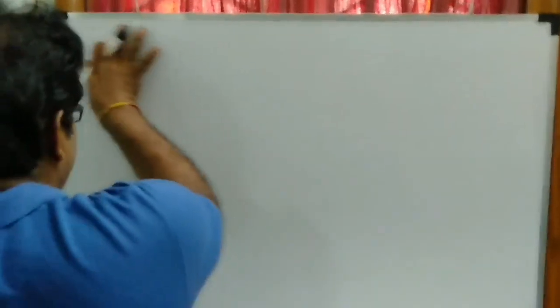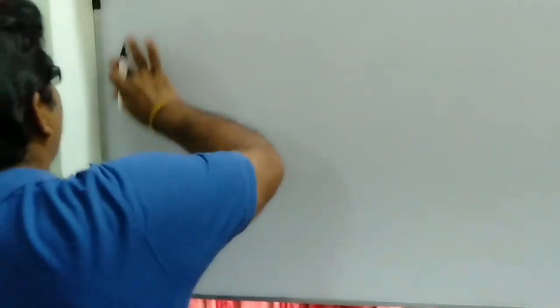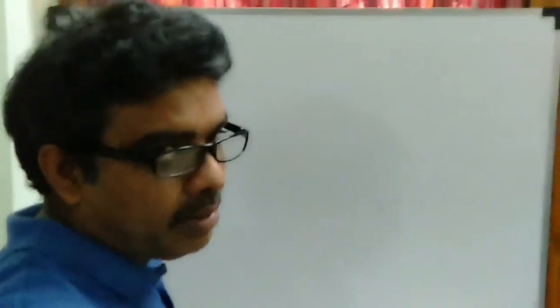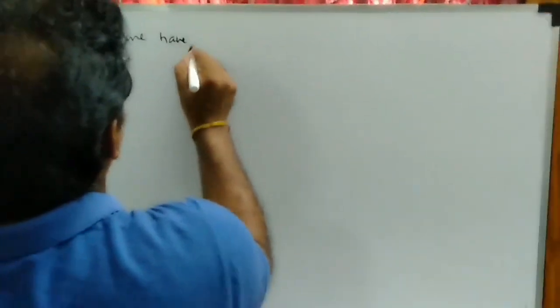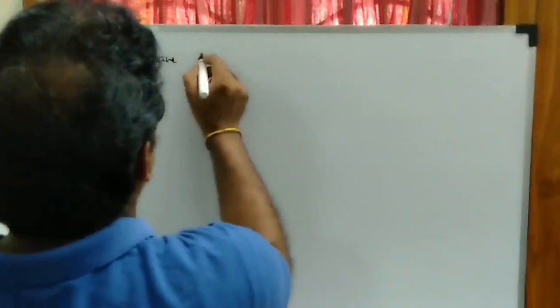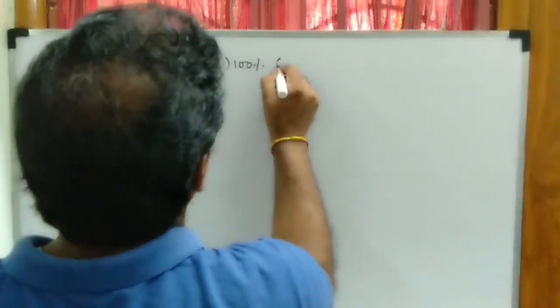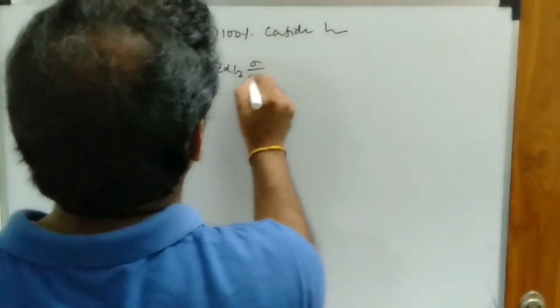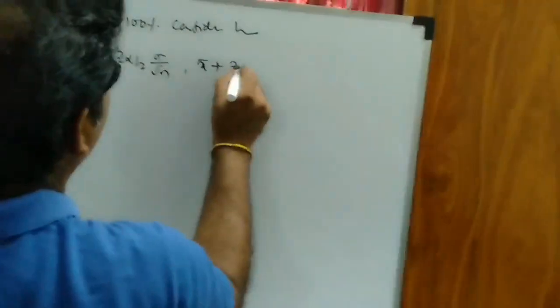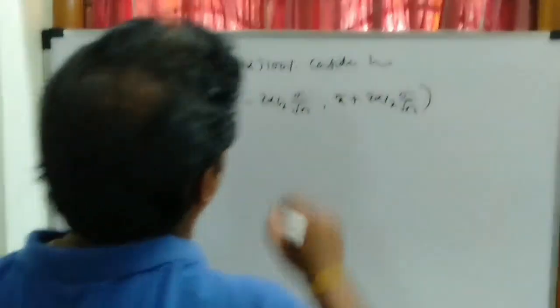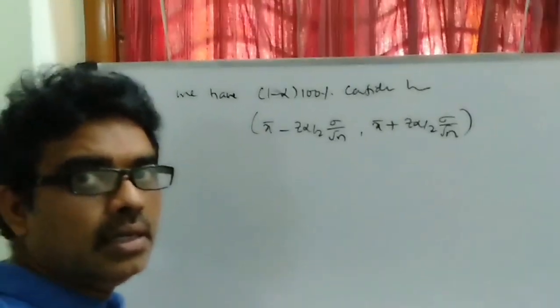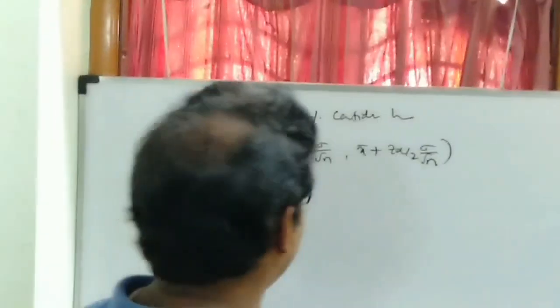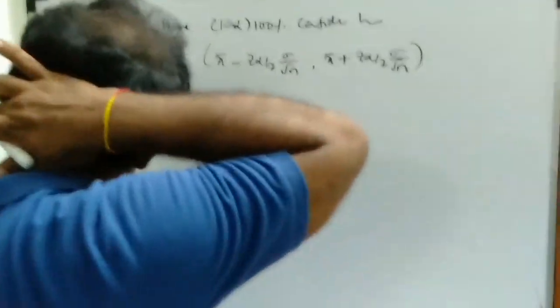So there we have to find the estimation of the value of mu if it is unknown. If mu is unknown, we are asked to estimate the value. What formula do we know? We know that we have 95%, or 1 minus alpha into 100%, confidence limits: x bar minus z alpha by 2 sigma by root n, comma, x bar plus z alpha by 2 sigma by root n. If mu is an unknown quantity, then estimate the value of population mean. We know this formula from estimation theory, which we already discussed, and we have done problems too.